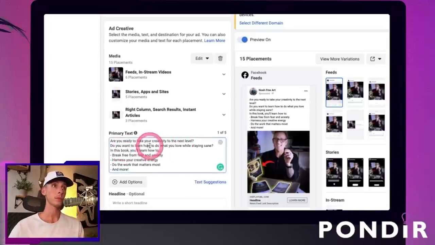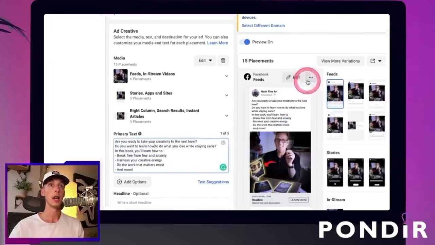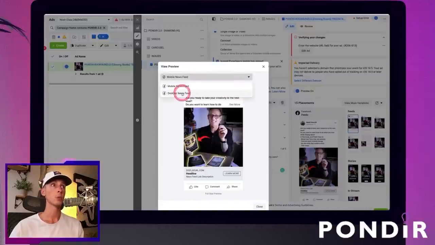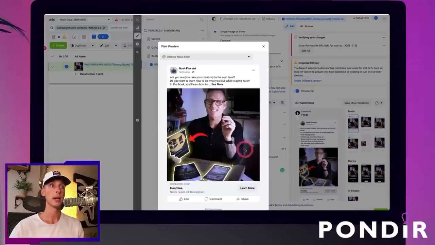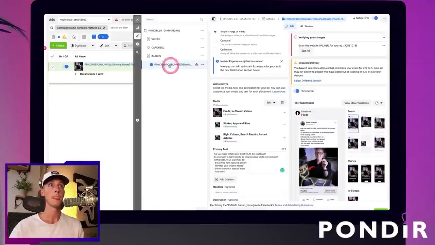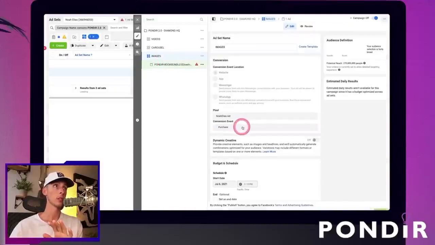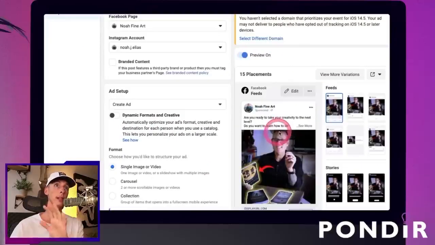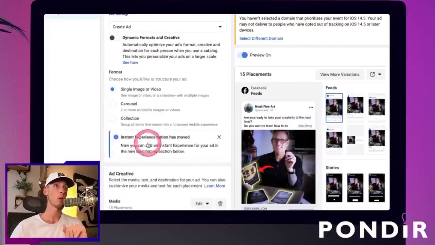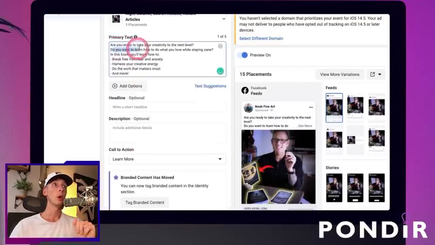So this is what I'm going to do. Let me go ahead, expand. I just want to kind of reset this format. Let's see. Maybe if you don't have to leave the screen. I just want to go back. There we go. So I wanted it to be minimized. So how do we incentivize people to click see more? Watch this. Do you want to learn how? So what if I put,